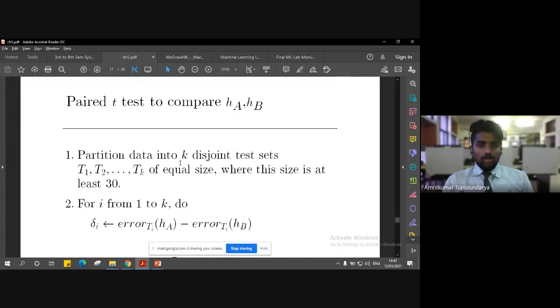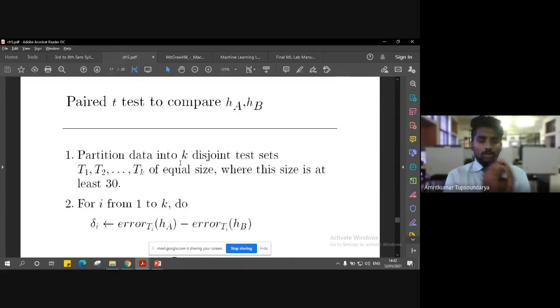In order to do that, whatever data we have, we need to make sure that we partition that complete data into smaller sets. A very important aspect here is to partition this data into test sets which are equally sized.